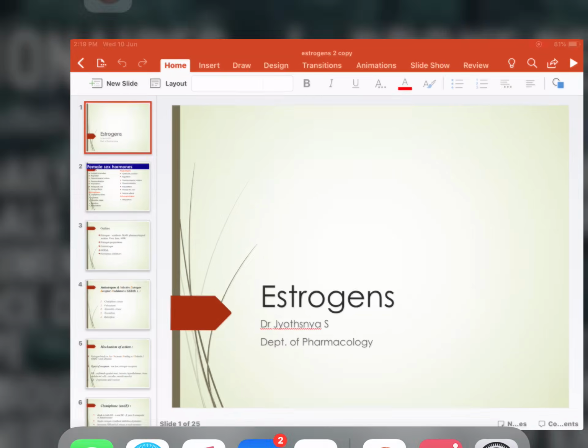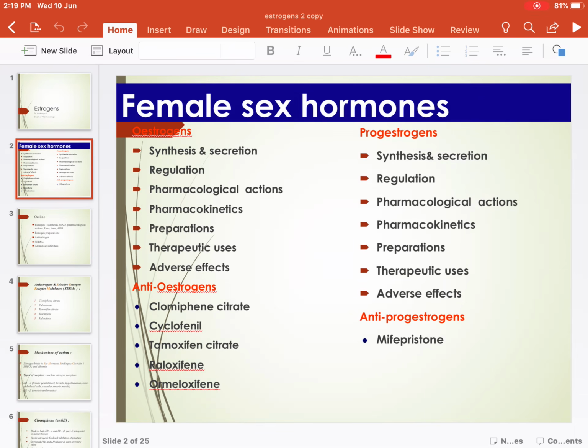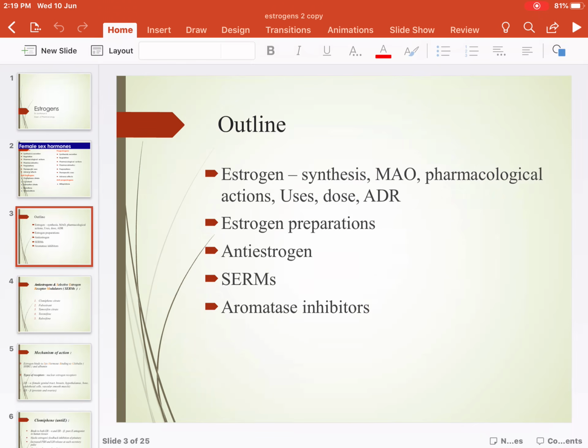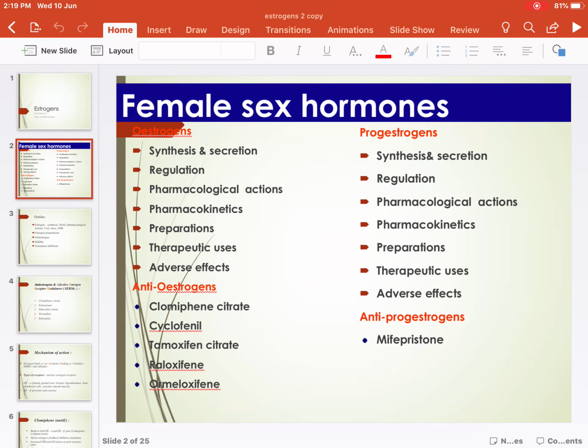Just go back to the slides. Yesterday we learned about estrogen, how it is synthesized, regulation, what are the actions of estrogen preparations, especially ethinyl estradiol, what are the uses, where do we use it, and what are the adverse effects. Today we'll learn about the next part of female sex hormones, that is